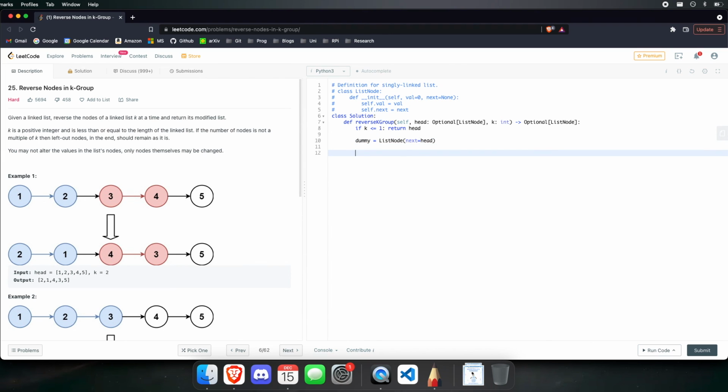Now let's try to maintain that gap of K, and we can do that by creating a start and end variable, where the start is going to be dummy and the end is going to be head. And now let's do a for loop to enforce that gap, to try to move end K places away from start. So for I in range of K